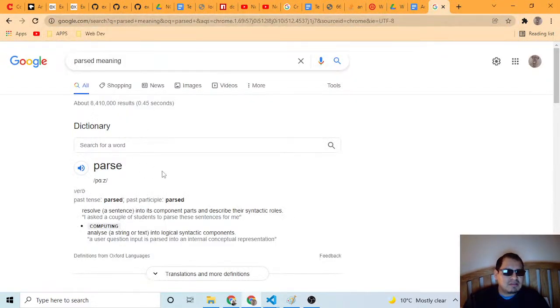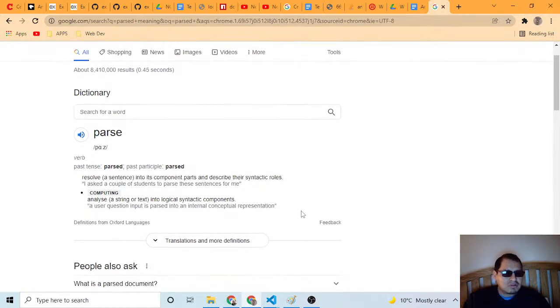I speak Spanish, alright? Past participle. Okay. Resolve into its component parts and describe their syntactic roles. I asked a couple of students to parse these sentences for me, analyze a string or text into logical syntactic components. A user question input is parsed into an internal conceptual representation.